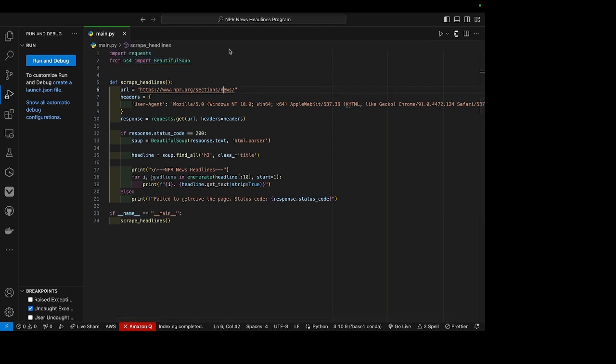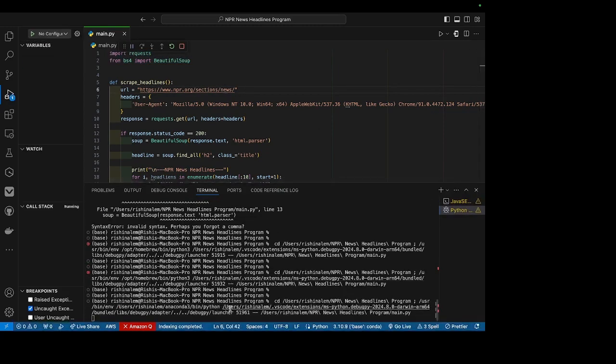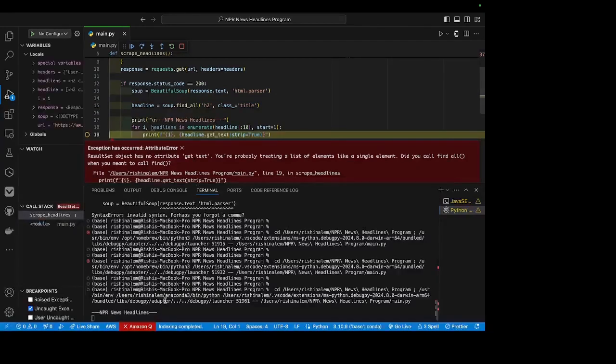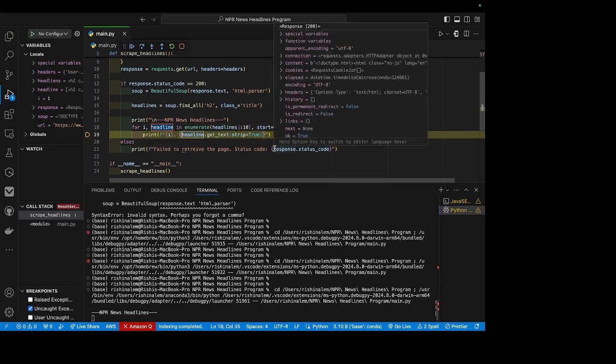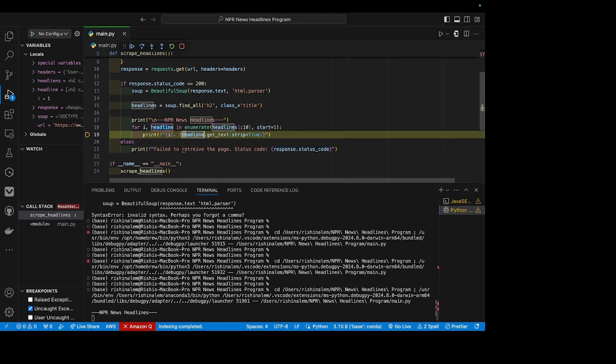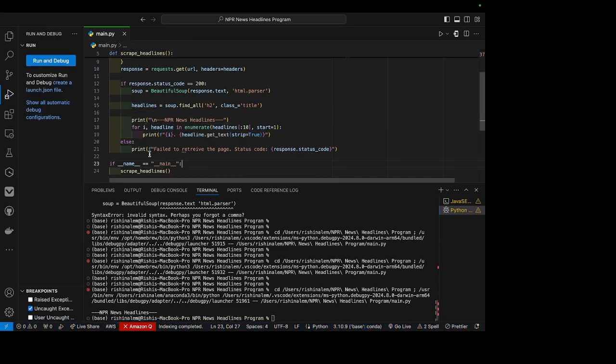And now once we save our program and run and debug once again. So the error that was being caused was that here it's supposed to be spelled headline, and then over here it's supposed to be spelled headlines, as well as over here. And it's not supposed to be the same over here as we're iterating through the headlines. So now if we restart the program,